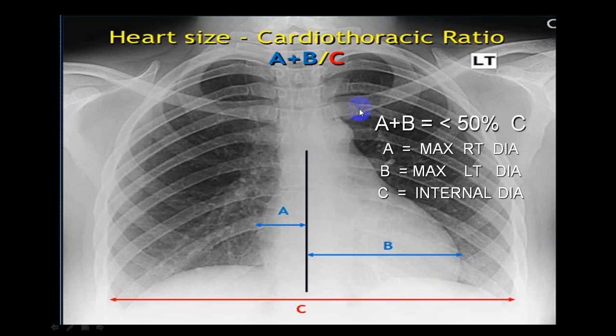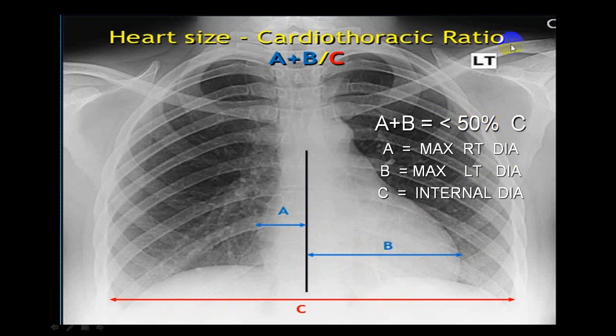This shows the exact technique. You can see there is a central line and you measure the maximum distance on the right side and the maximum distance on the left side of this midline, and you measure the distance of the maximum intrathoracic ratio. So this is the internal diameter. See, A is the maximum right side diameter, B is the left side diameter of the heart, and A plus B